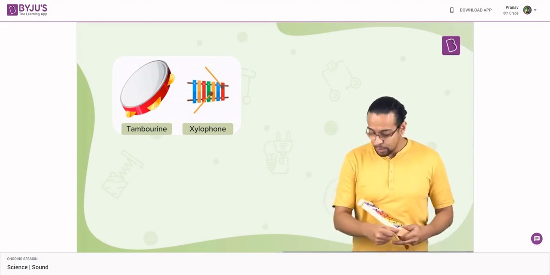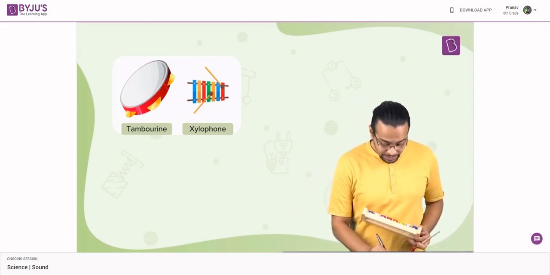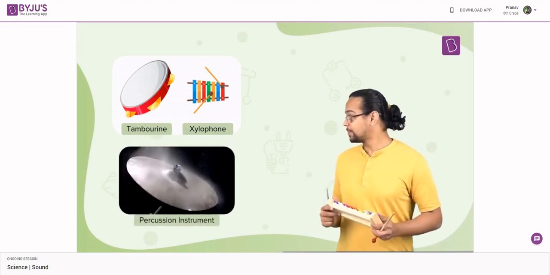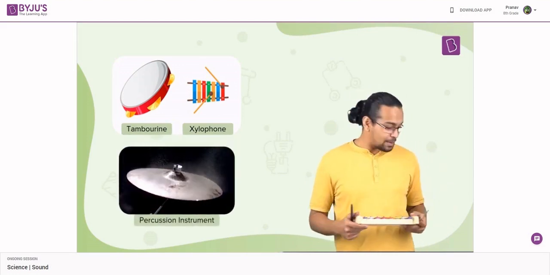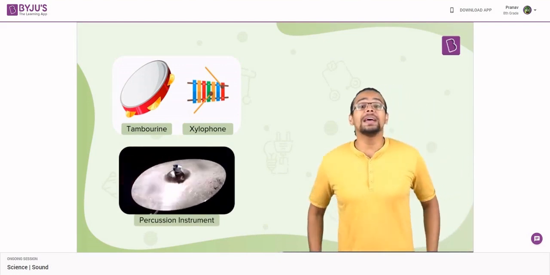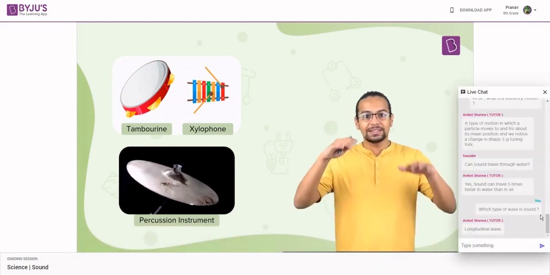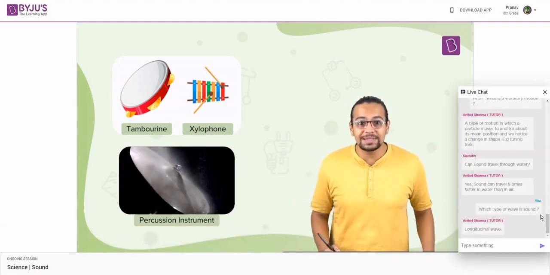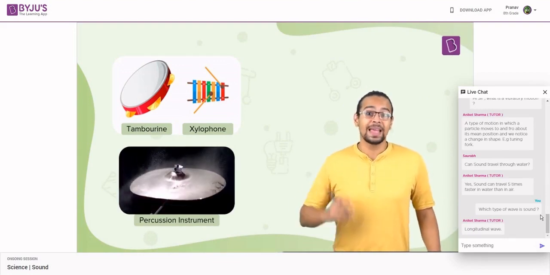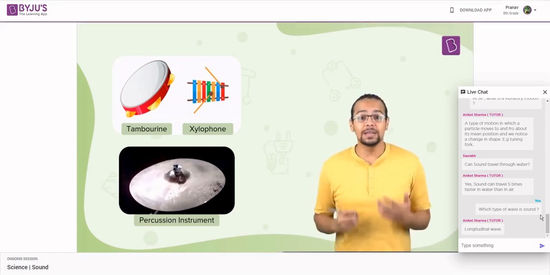For now, let's explore what happens when I hit a plate, which is also called a cymbal or music instrument, in slow motion. You see that amazing movement that's happening there? Yes, it might not be as visible when somebody is just playing the cymbals, but in slow motion, you can actually see that there's that wave propagation, just like in the strings, happening even on that plate. That back and forth motion is what happens to generate sound.